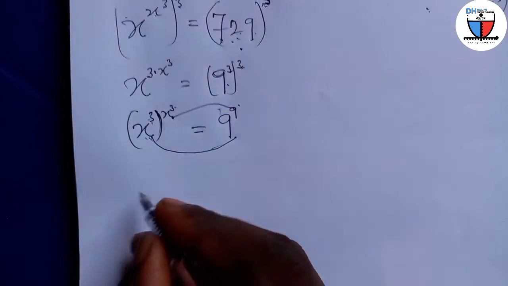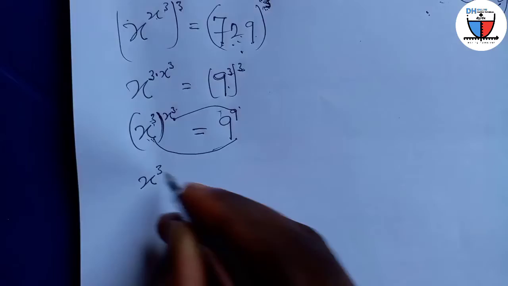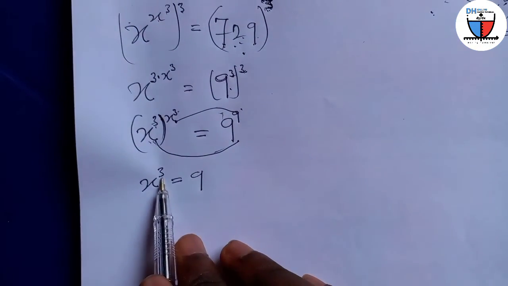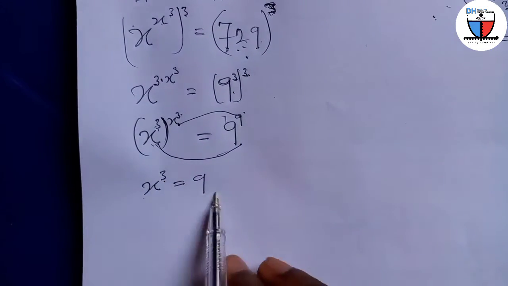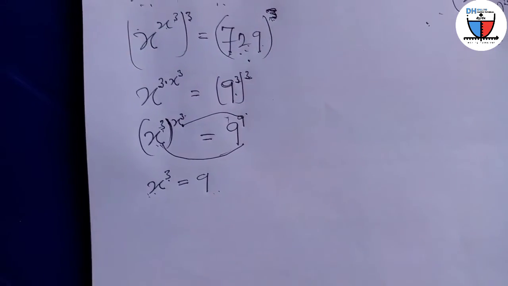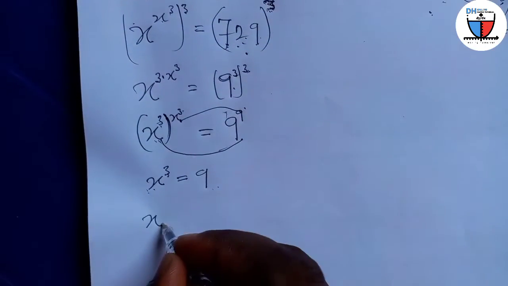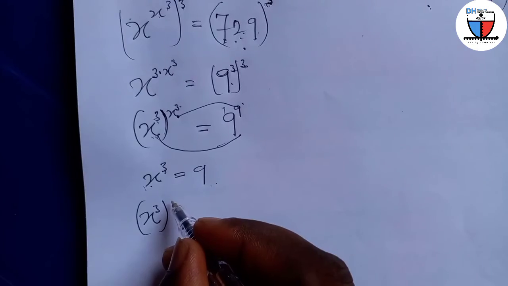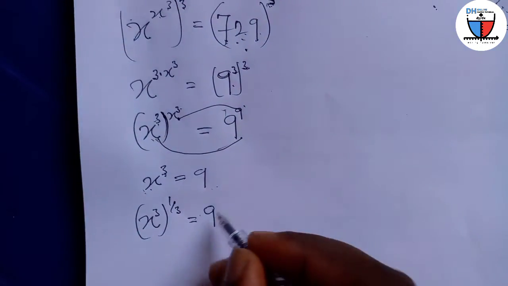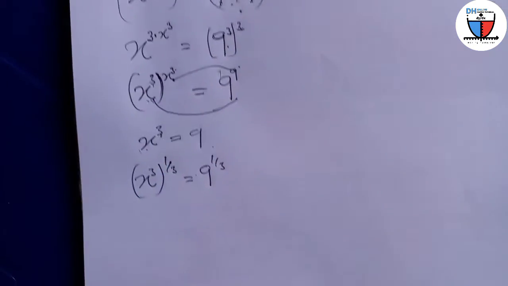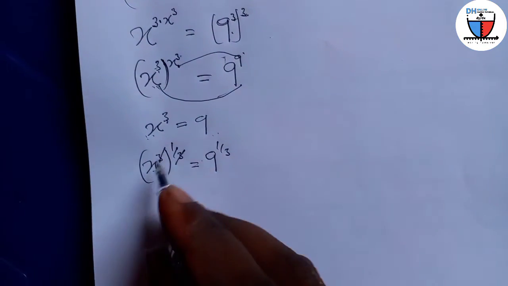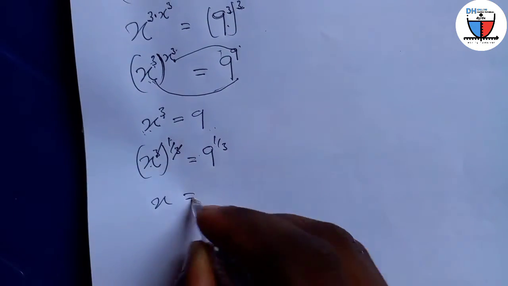In picking 1 now, we say x to the power of 3 equal to 9. So what do you do here now? In order to eliminate this 3 here, we raise both sides to the power of 1 over 3. So we have x to the power of s cubed to the power of 1 over 3 equal to 9 to the power of 1 over 3. So definitely this 3 has eliminated this 3, so we have x to the power of 1, that's x, equal to